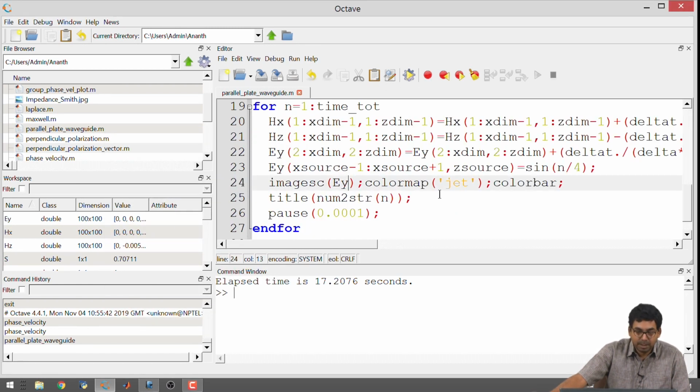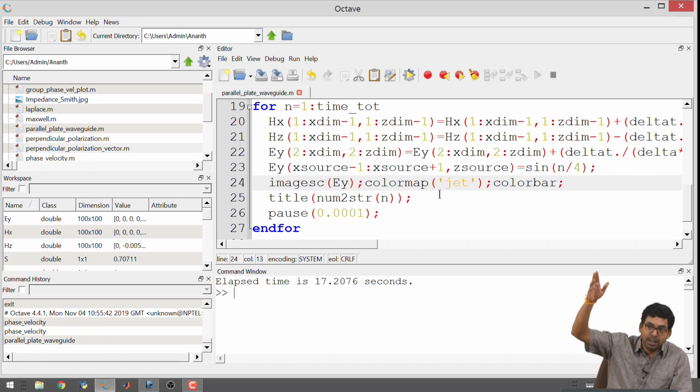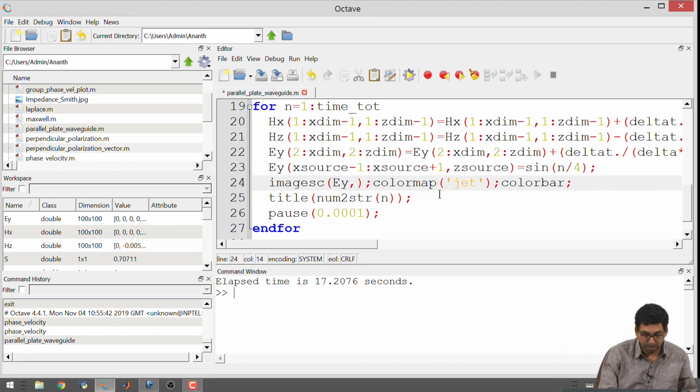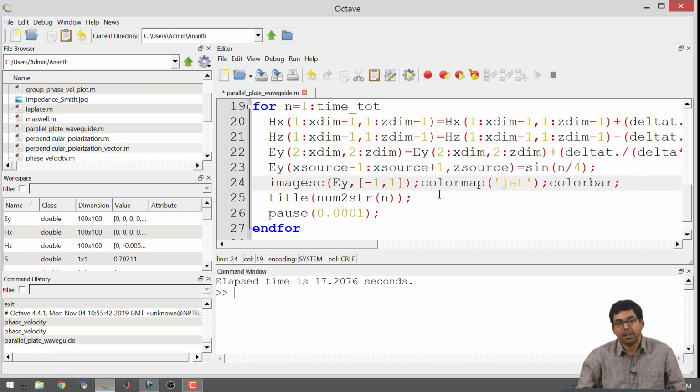A few things that I will do very quickly is I want to make sure that my axis is not changing with respect to the colors, because it is very wild if your color bar is going to be changing from minus something to plus something for every time step. So, I want to fix that to between -1 and +1 so that I can make proper inferences. In the imagesc command, I am just adding a limit of -1 to +1 for the color bar. That is the first thing that I did. Now, I can start manipulating this code.